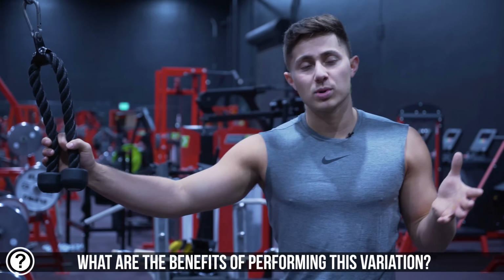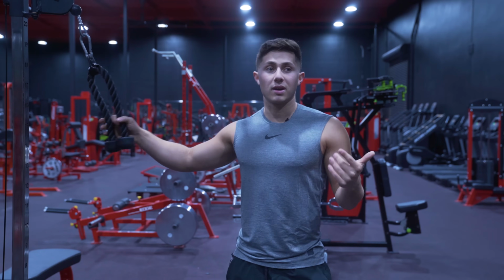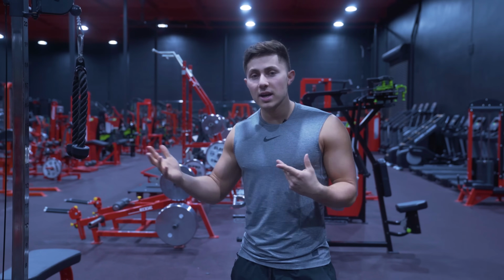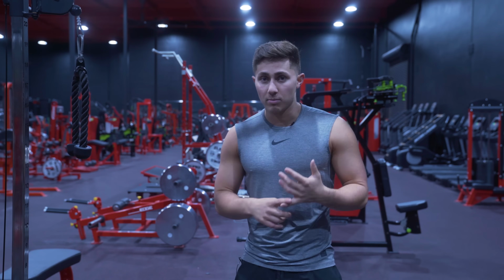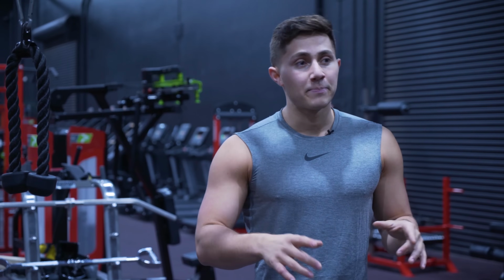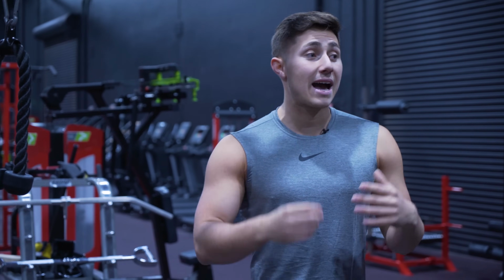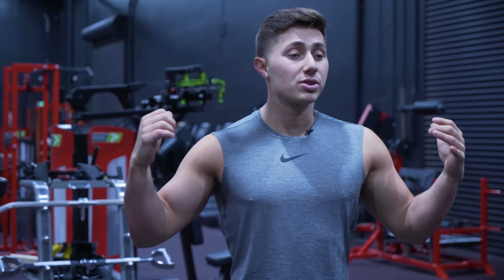People think of the face pull, they don't necessarily think of a shoulder health exercise. A lot of people think of it as an upper back hypertrophy exercise, which for sure it definitely can be. It can be a great way to hit your rhomboids or your rear delts if you bias it or cue it correctly. But I want to show you the variation I absolutely love for cueing external rotation, protecting the shoulder,